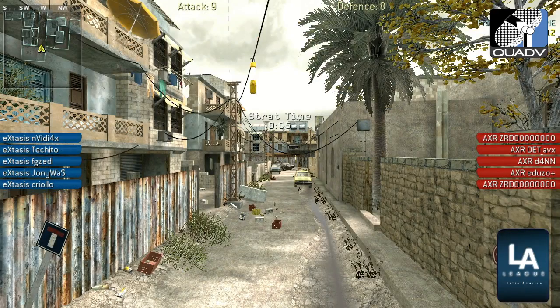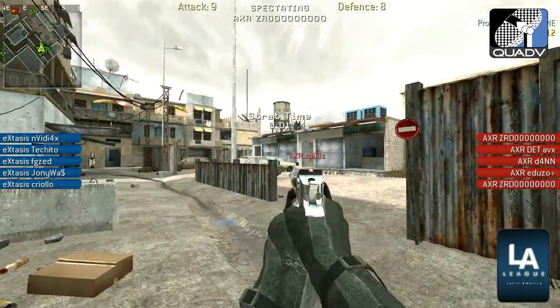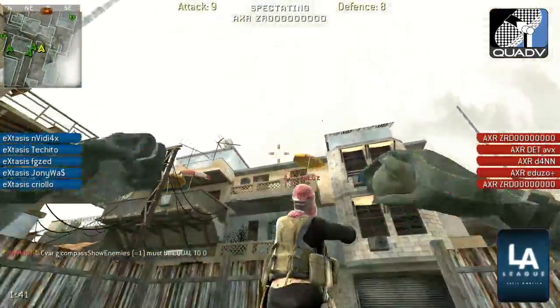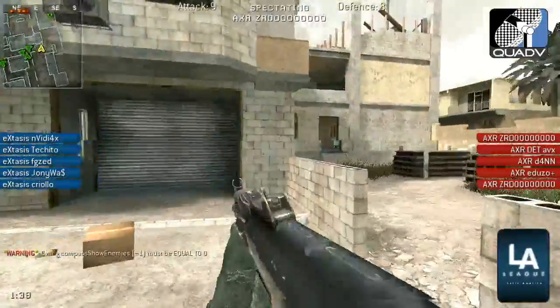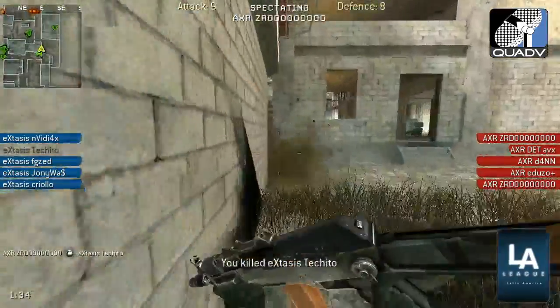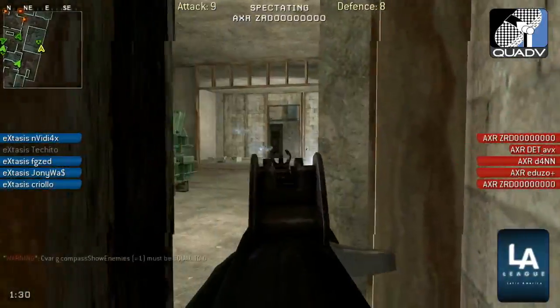And I believe got himself 3 frags there just from one position behind in a car that could have exploded if eXtasis had chosen to go for that. But it seems like they didn't, and they just let him utilize that defensive position, and of course pretty much won them the round. Zerda starting off taking out Taquito with the nade there,